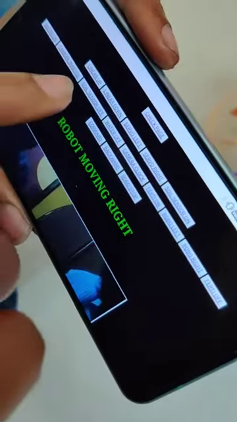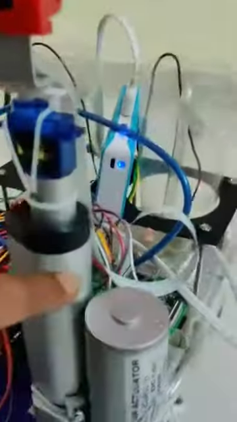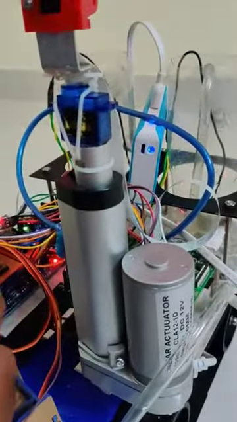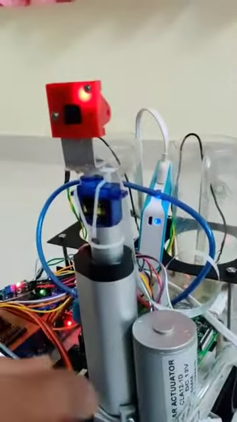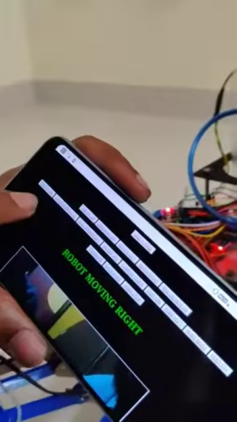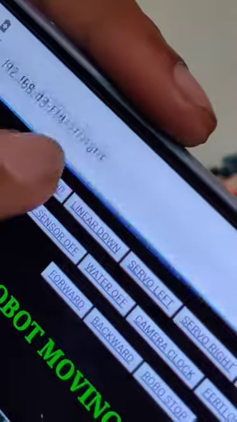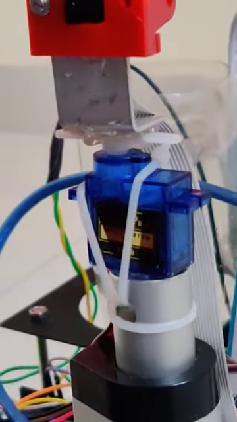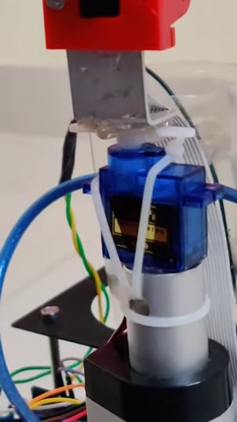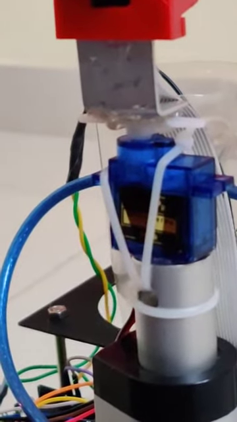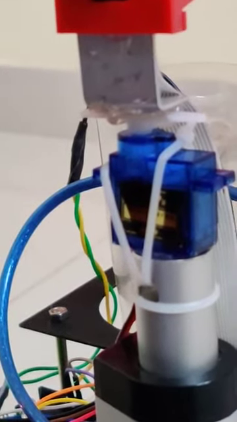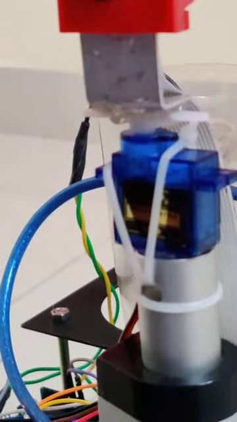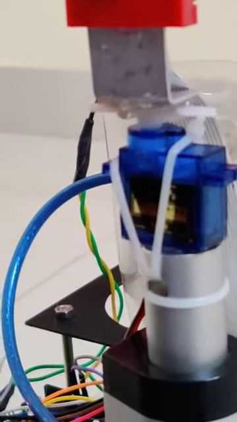In a similar way, this is called a linear actuator, and it will increase the height of the camera. So I am pressing linear up, so this motor goes up with some distance. Based on your application context and the scenario that you see, as a prototype we are using a linear actuator to increase the height of the camera. As your sir said, we interfaced a linear actuator here.